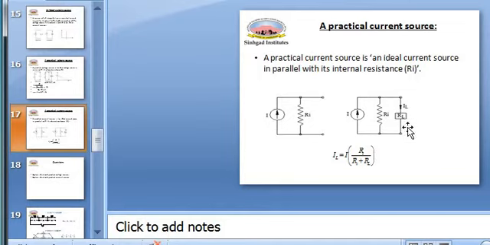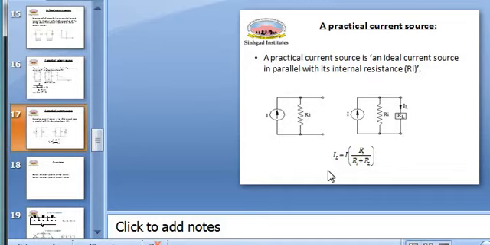So this is the load resistance RL and this is the current IL flowing through this load resistance. Depending upon this, what will be IL? IL is equal to I RL divided by Ri plus RL. This is the current division rule. I will clear what the current division rule is in the upcoming slides.